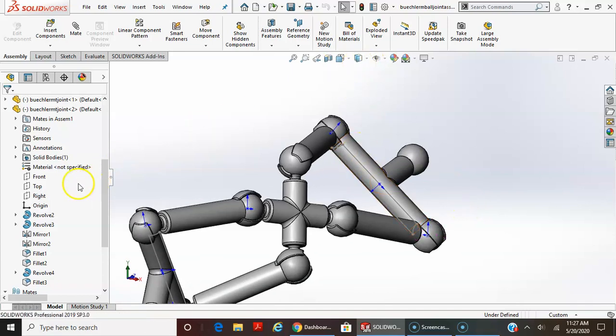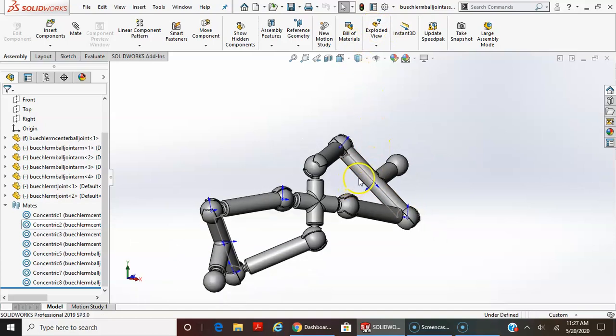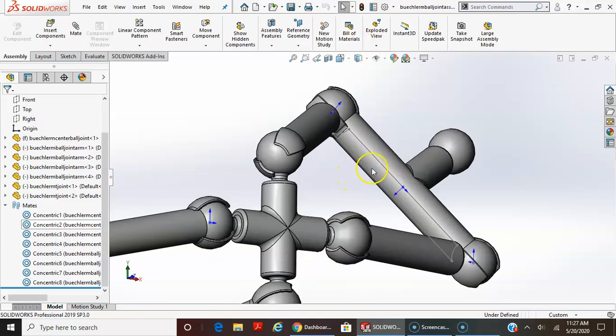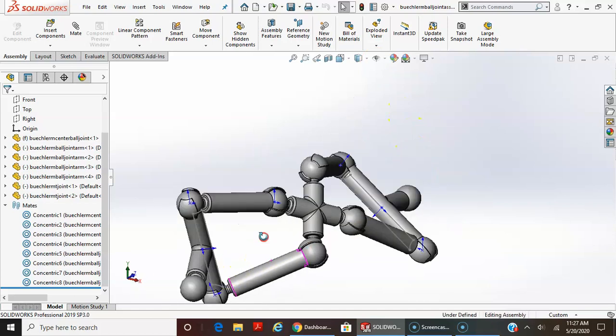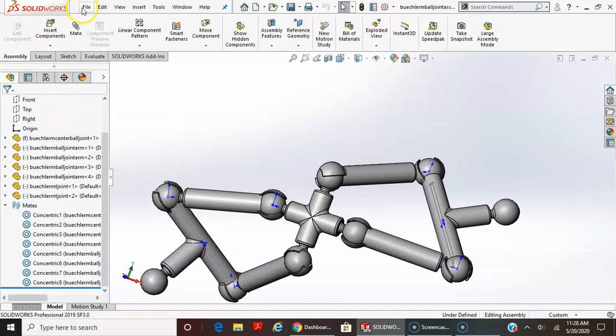I'm going to rebuild this, because when you do a change in the referenced part file, it should reflect also in the assembly file. So it doesn't show that right away, but I think if I rebuild this, it still doesn't show. That's kind of unusual. And I'll give you another example. If I go in